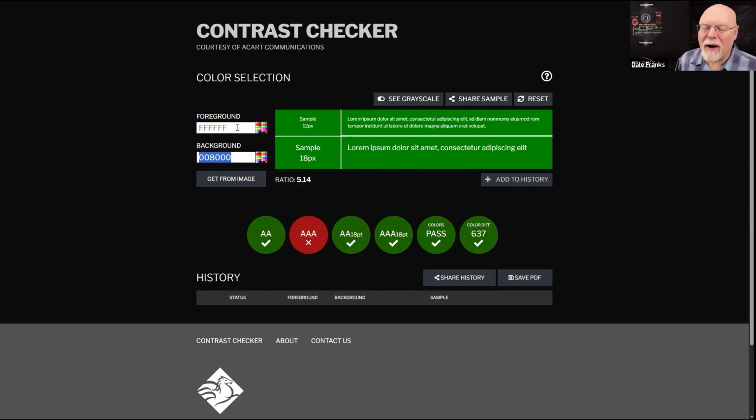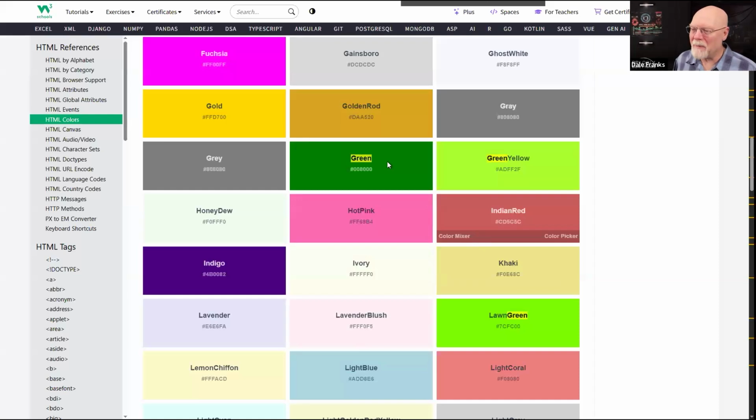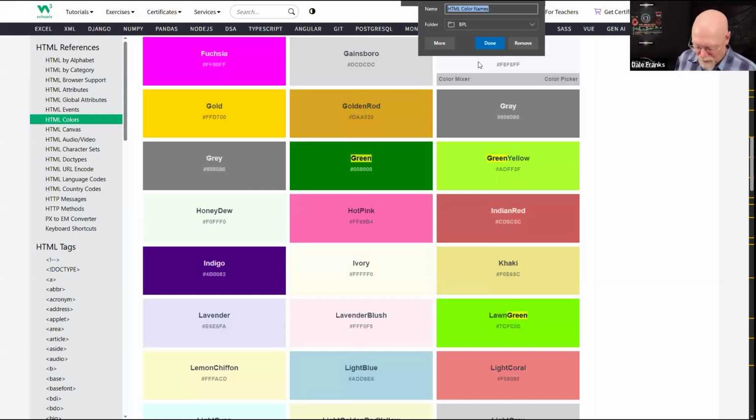But what if I go with yellow, which will be 0000FF, I believe? No. That's why we're bringing up the color names. So we will just search with Control F for yellow. I did not hit Control F, I hit Control D apparently.